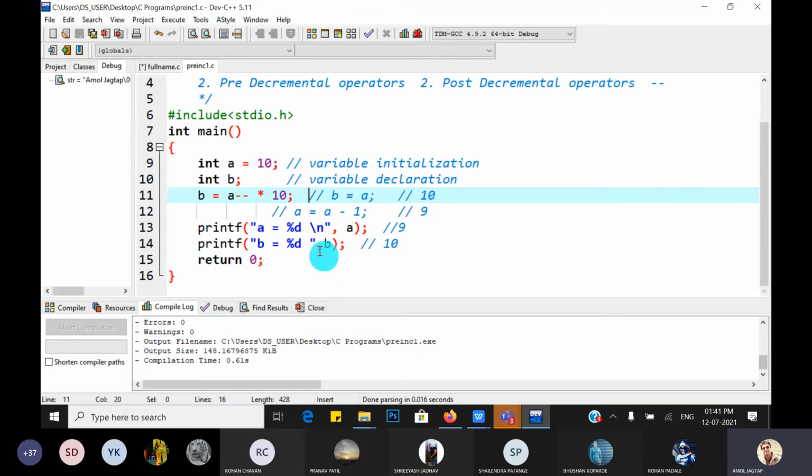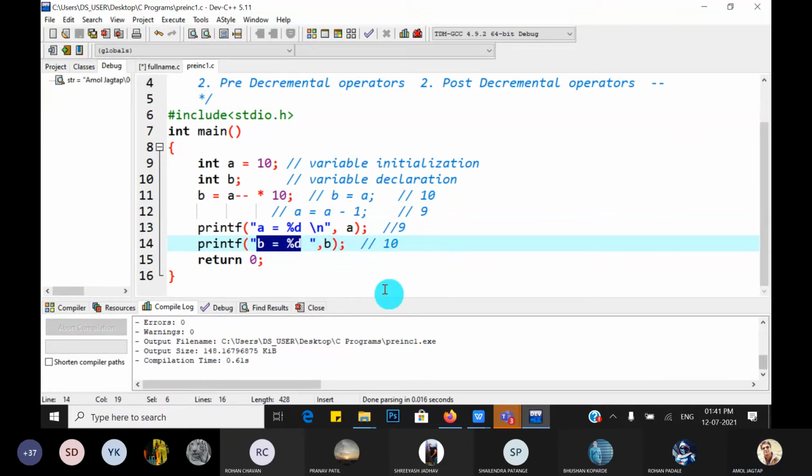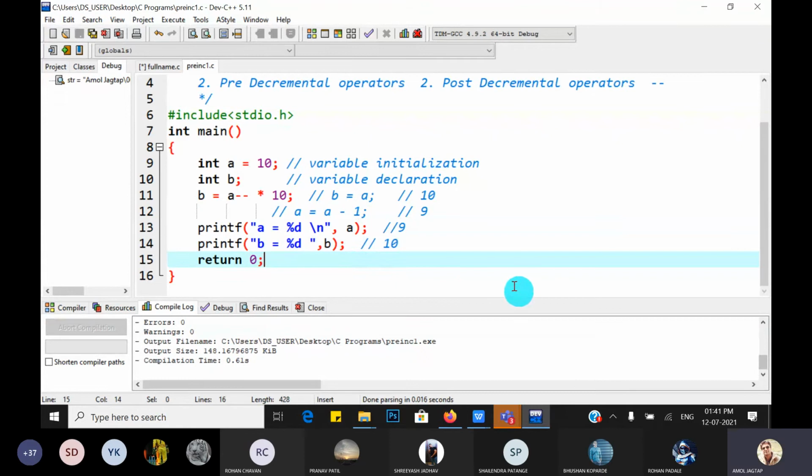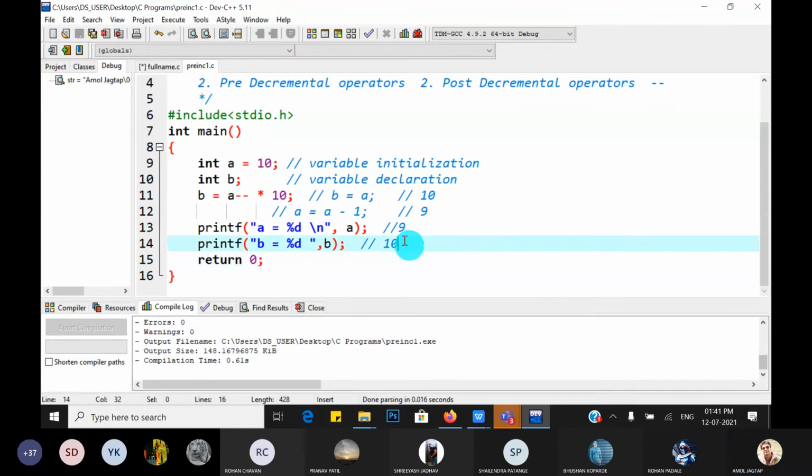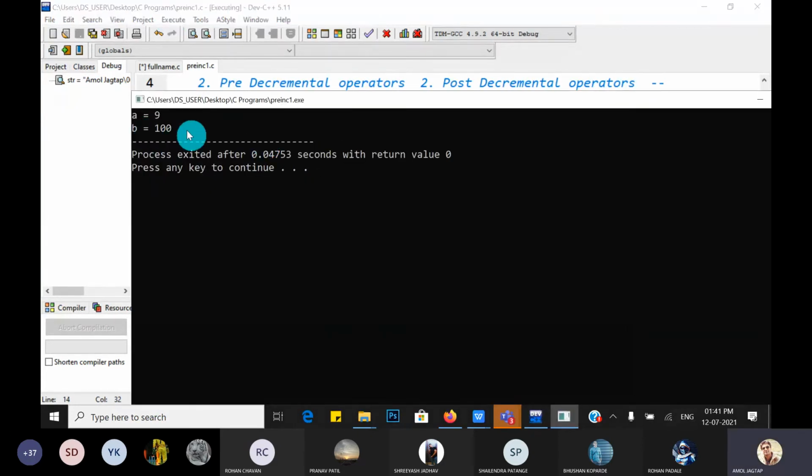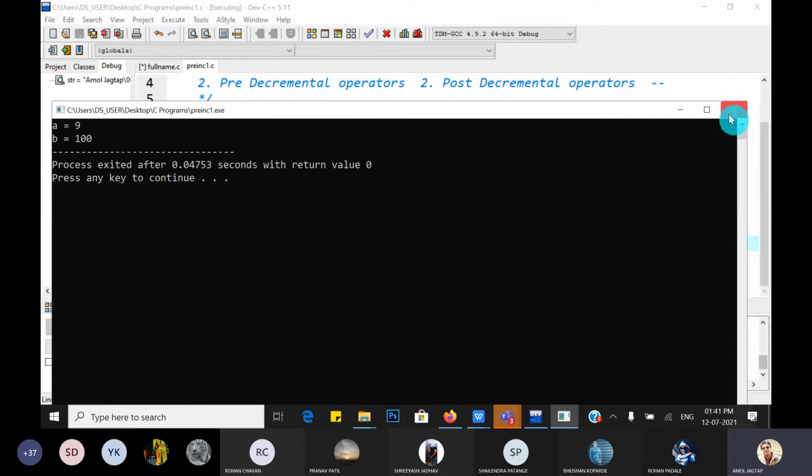So tell me what is the output of this program? What is the value of A and value of B? Okay, let's check. A is equal to 9, B is equal to 100.